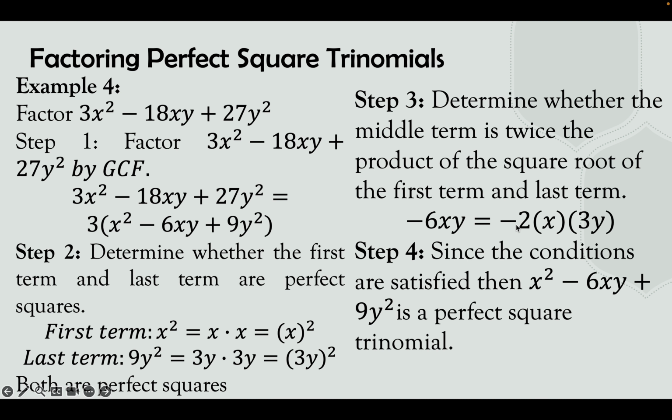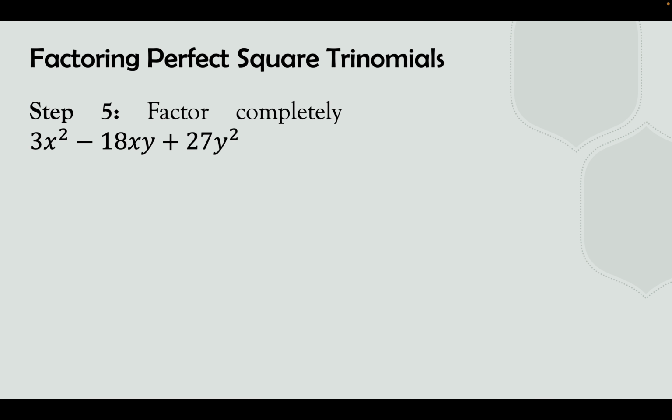Since conditions 1 and 2 are satisfied, then x squared minus 6xy plus 9y squared is a perfect square trinomial. So the factored form of 3x squared minus 18xy plus 27y squared is 3 times x minus 3y squared,